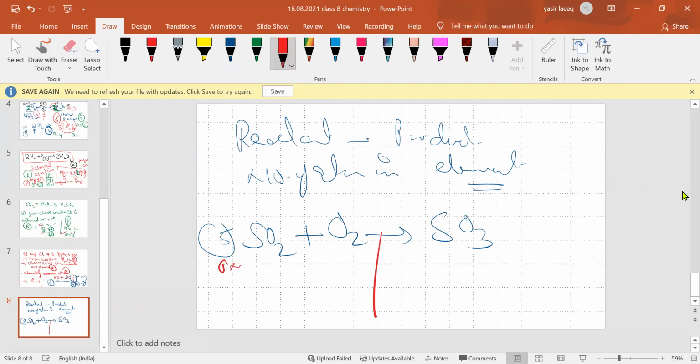Here oxygen is 4. Here oxygen is 3. Sulfur dioxide, sulfur is 1 here. Sulfur is 1 here, it's trioxide. So it is not balanced. The first thing is we see it is not balanced. So we have to balance it. What we do is use the hit and trial method, just put 2, let's say 2,